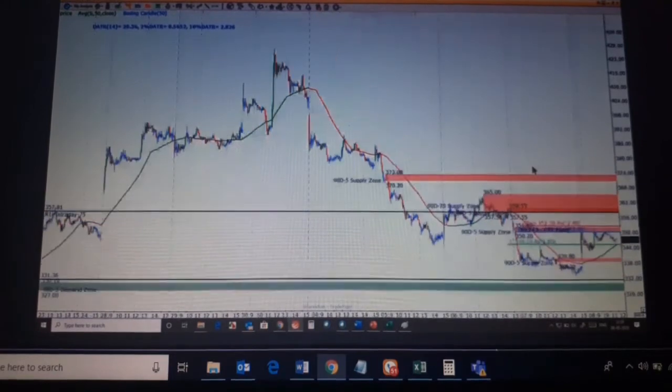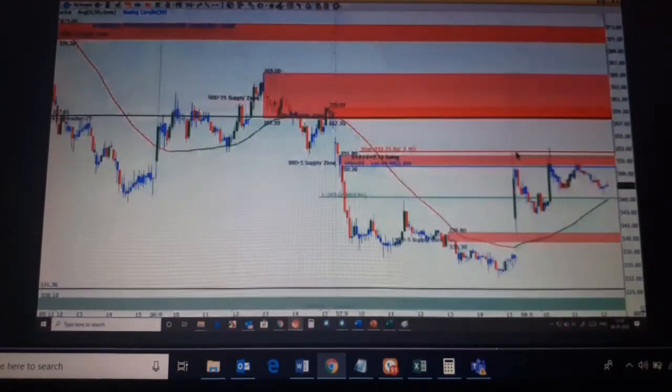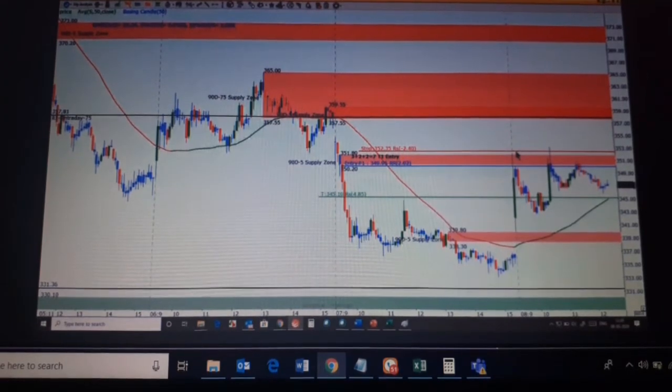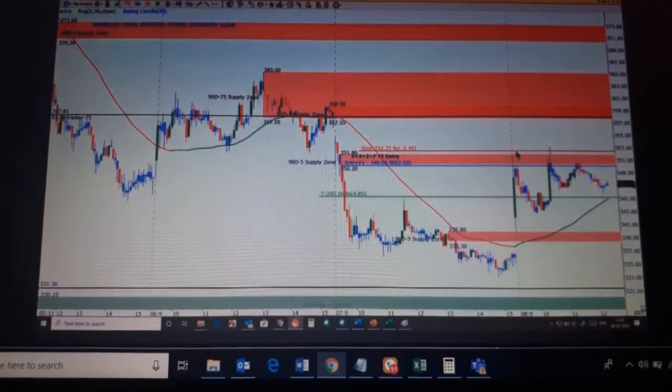So you'll mark on a 5-minute chart now. I told you to analyze the trend on the 15-minute chart. So how can you mark on a 15-minute zone? The zone on the 15-minute?